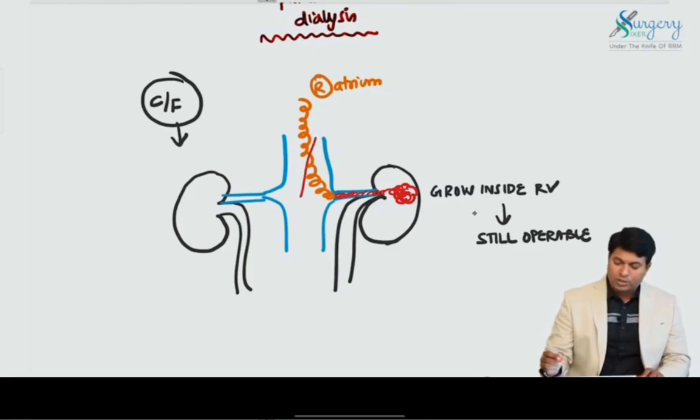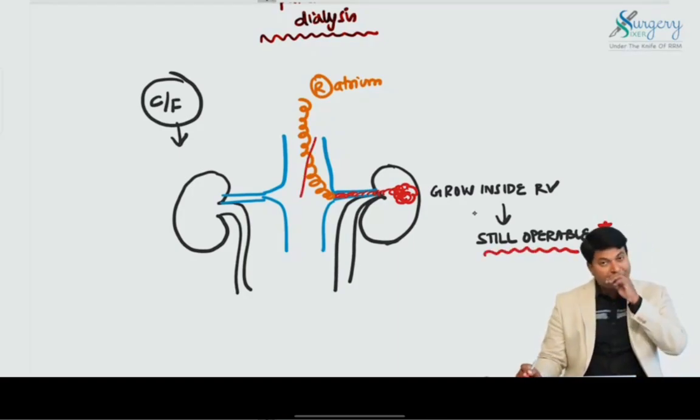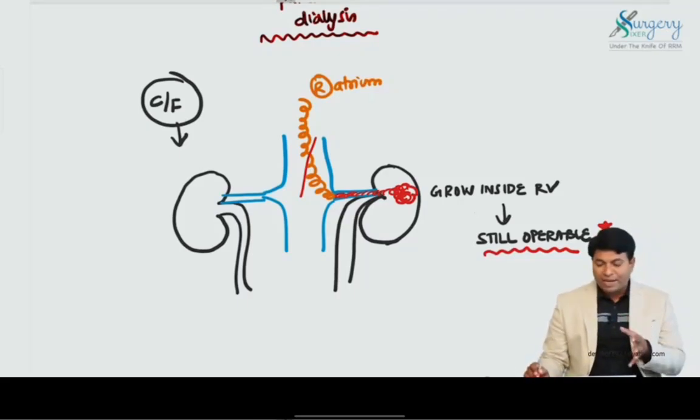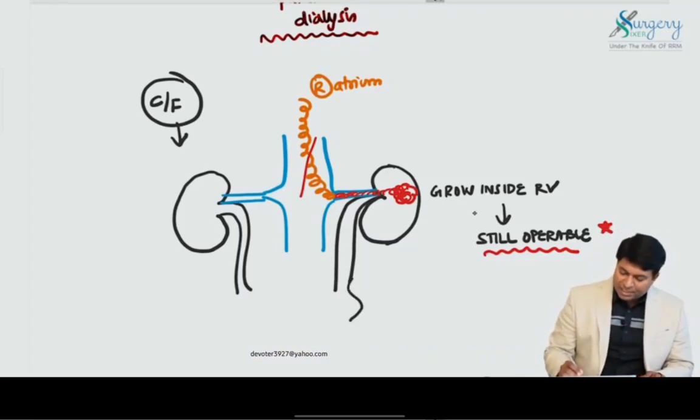We can open the IVC and we can remove the thrombus also. It is still operable only. Please remember, it is still operable. Even if it is in the heart, we can open the atrium and remove the thrombus. So the important point you should know is it has a special property to invade into the veins. And because it causes invasion into the veins, the patients may develop an interesting clinical feature on